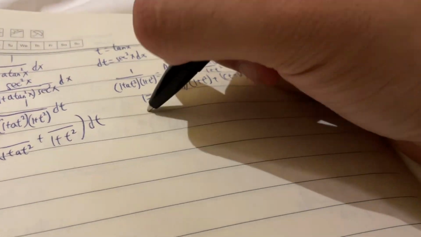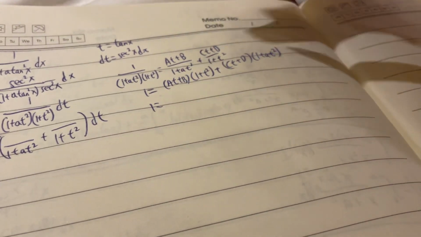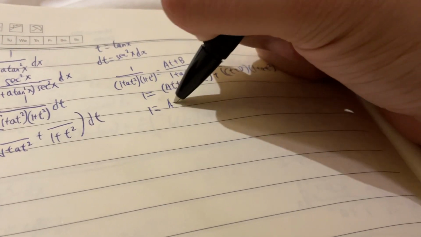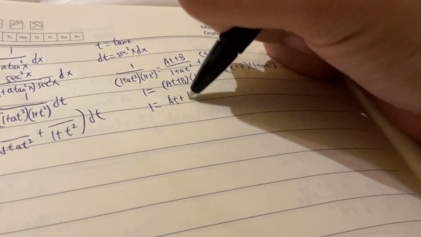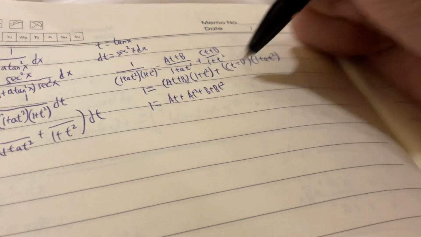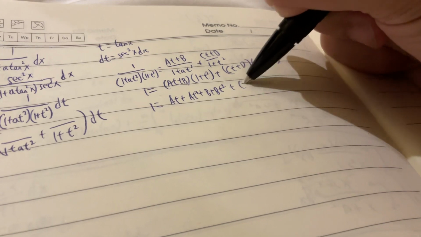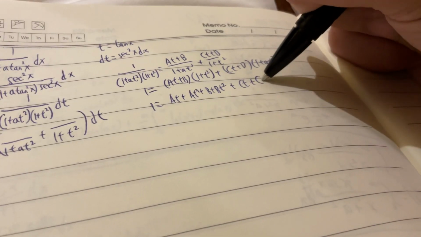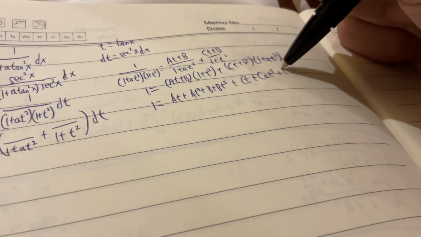So overall, just break the parentheses, you get at plus at cubed plus b plus bt squared plus ct plus cat cubed plus d plus